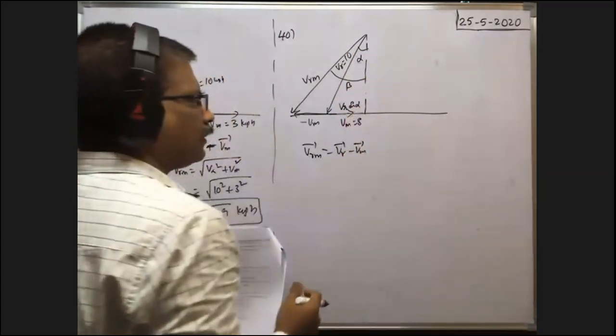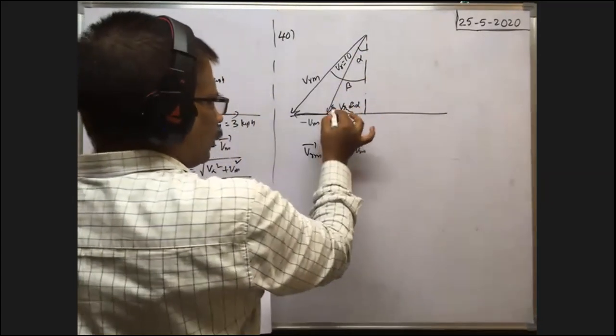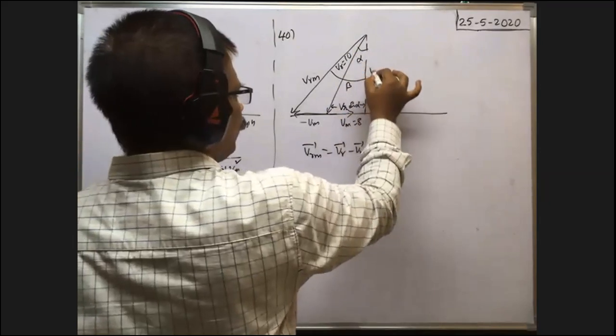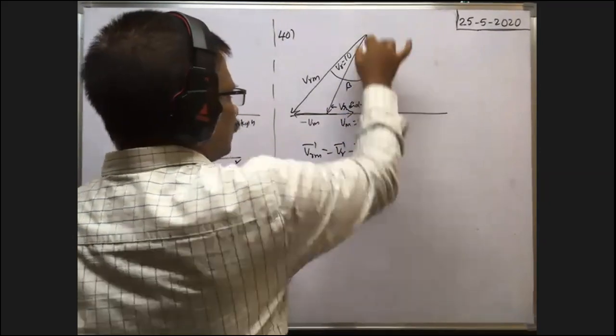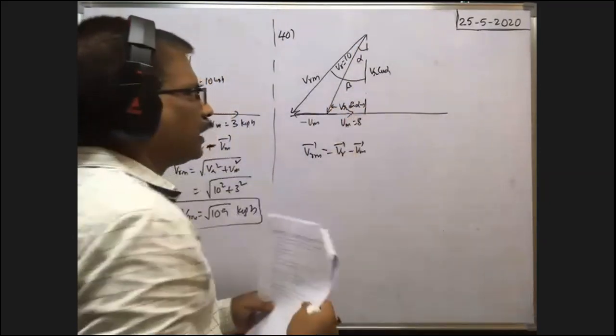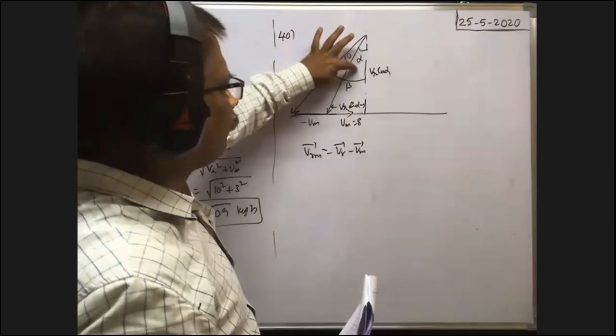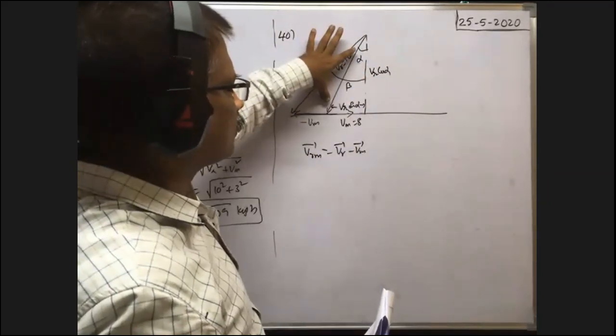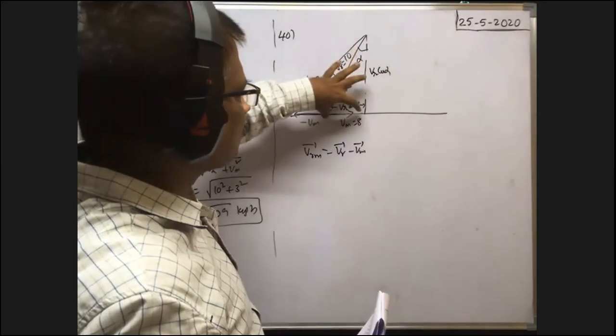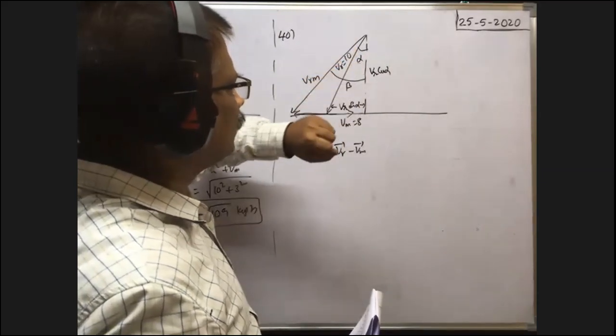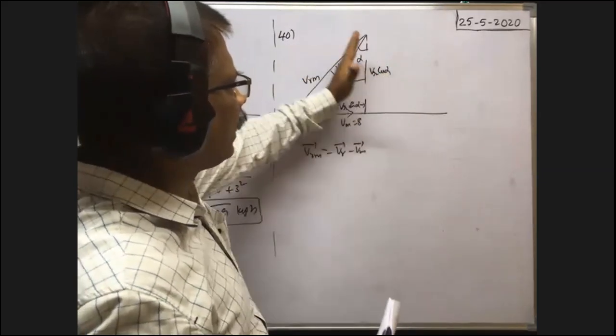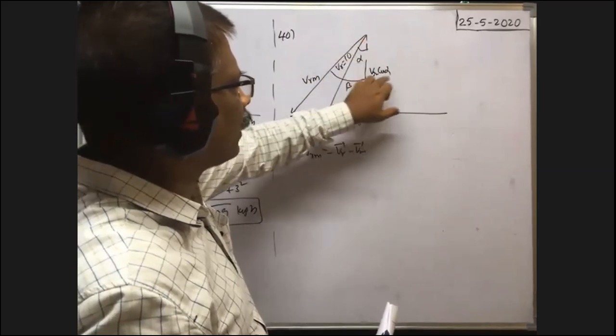Okay, can we write like this? This is equal to VR sine alpha. This is equal to VR cos alpha. This is VR sine alpha, because sine alpha is equal to opposite by hypotenuse, so opposite side is equal to VR sine alpha, you will get, no? Similarly, cos alpha is equal to adjacent by hypotenuse. Then adjacent side is equal to VR cos alpha, you will get.